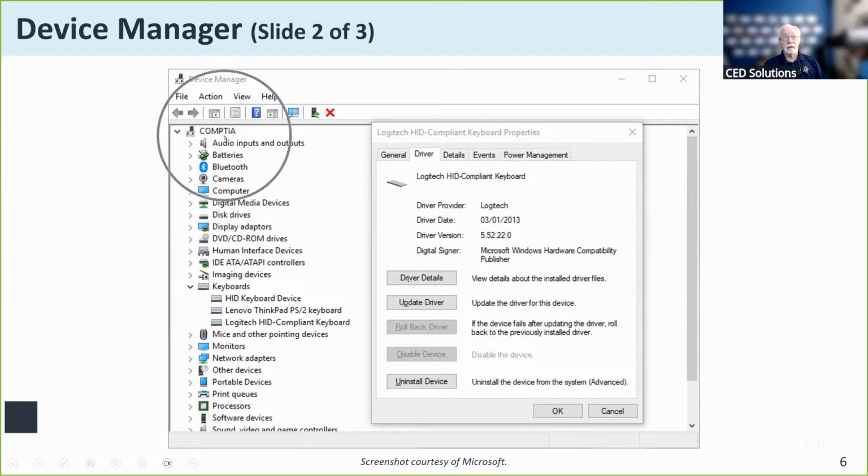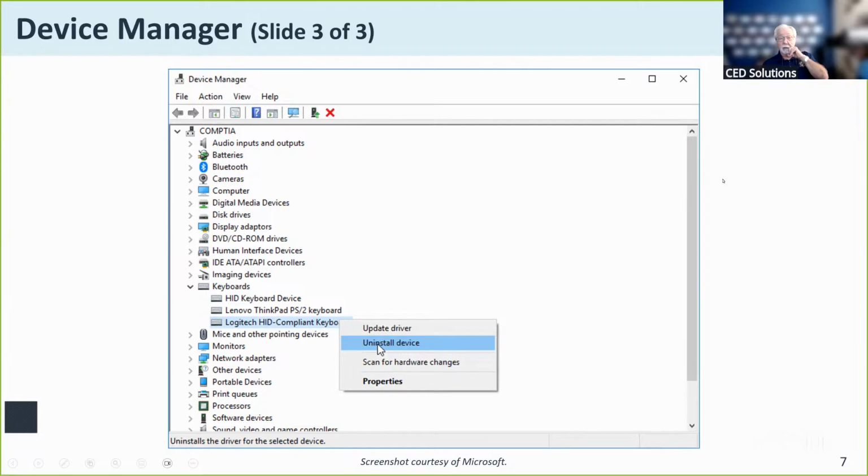All of the devices that are inherent on the machine are listed on the left-hand side over here. And any one of those that you expand or click on, in this case the keyboards, updates the right-hand panel with your properties panel. That's where I can, again, go in and uninstall, update drivers, check the details of the device, see if indeed it falls under any of my power plans, my power management plans. I can check that status and even update that status on there as well.